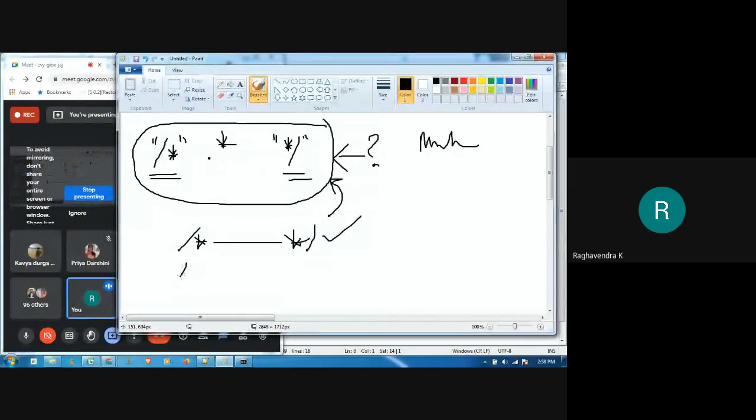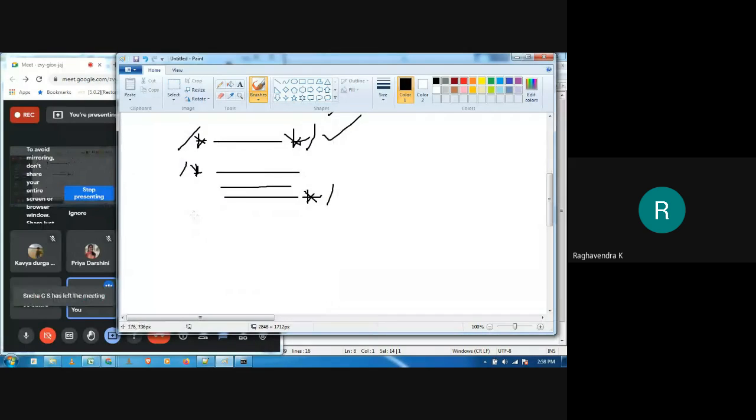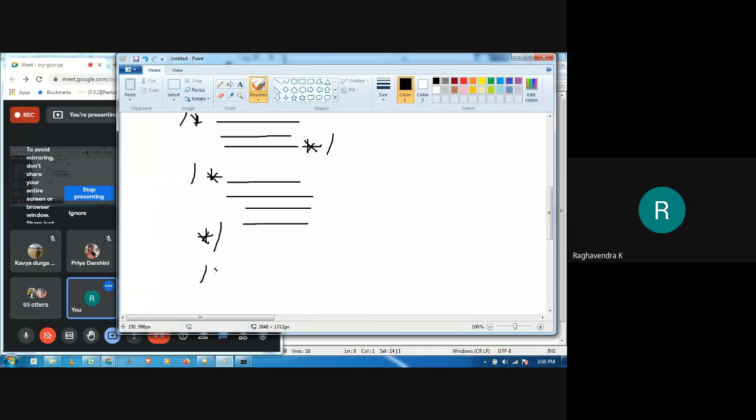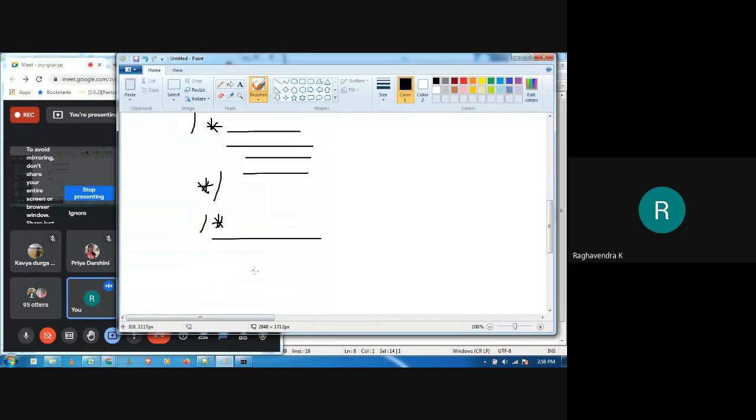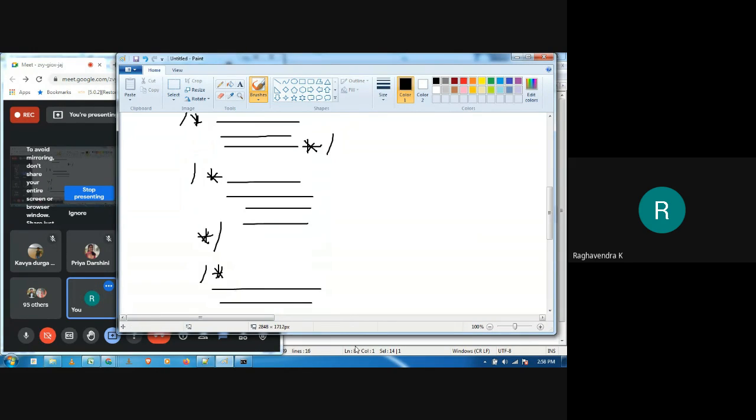But you can write a multi-line comment in different ways, right? I can write it like this. This is one variation, correct? I can also write like this. I can also write like this. Second variation. I can also write like this. I can just write slash star, then after the next line, I will keep on typing, and then I can write it like this. So there are different variations, correct? So this is one thing.